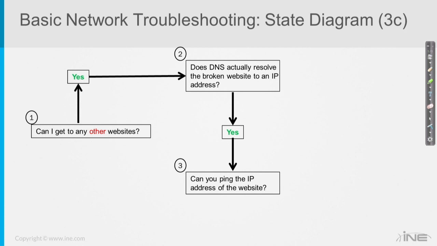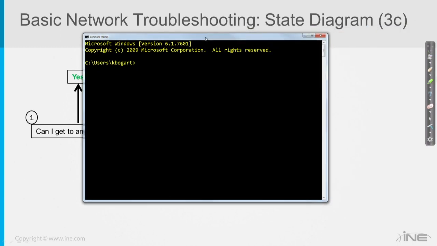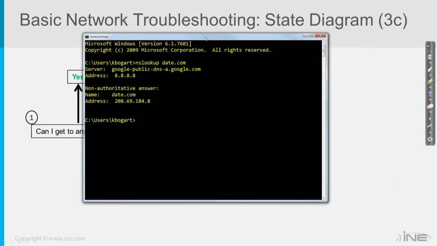Can you ping the IP address of the website? Okay, so let's bring up my DOS prompt again. And I say nslookup, I don't know, date.com. I got something. Now let's say I was trying to actually go to date.com and it wasn't coming up. It was just spinning and spinning. Well, now I've just verified that the DNS server actually knows about it. It gave me the IP address. I try to ping it,